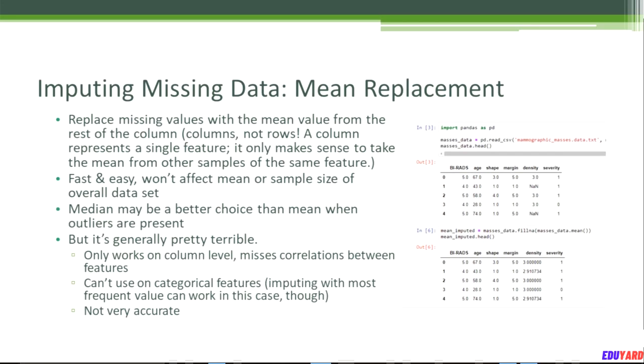So if you do mean imputation in that sort of situation where you have outliers, you might end up with overly high or overly low values that you are using for replacement. So if you do have outliers that are skewing your mean, you might want to think about using median instead. That will be less sensitive to those outliers, but generally speaking it is not the best choice of imputation.